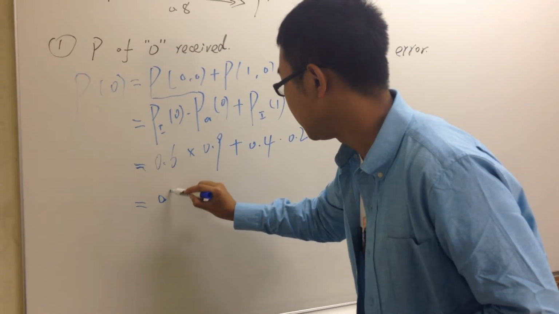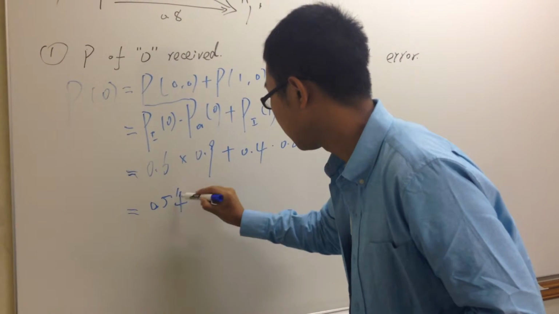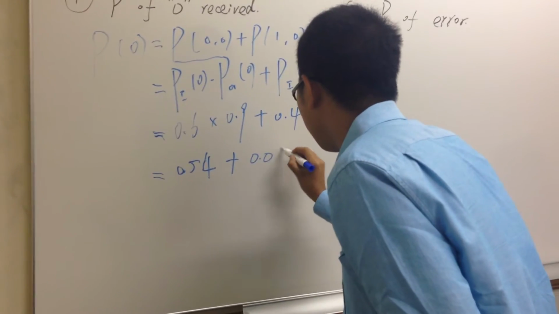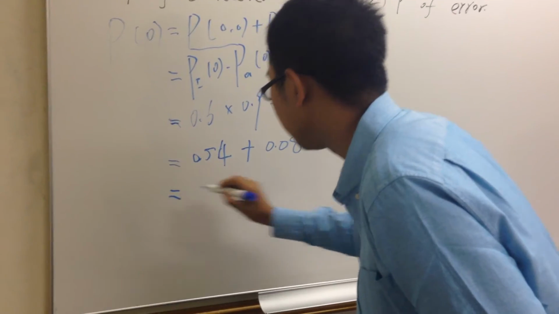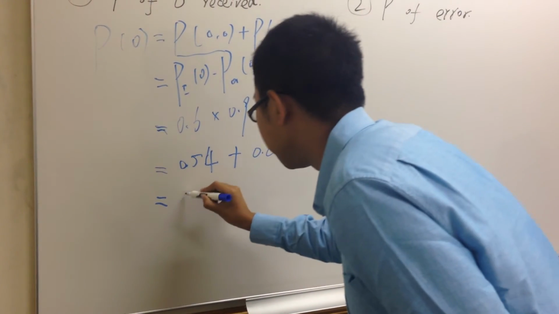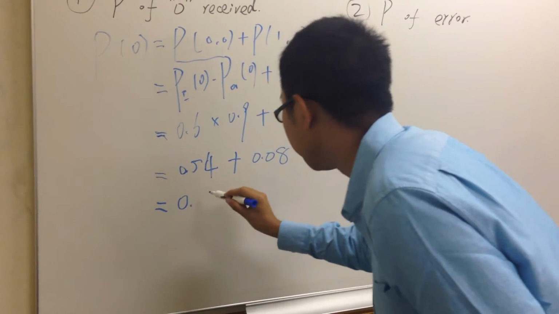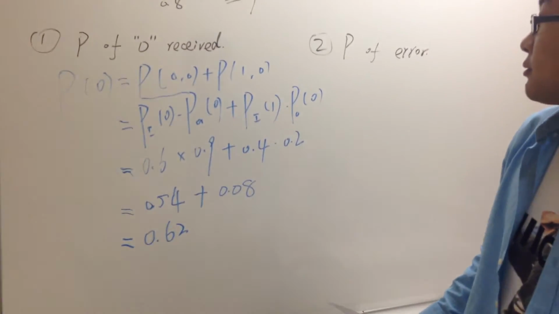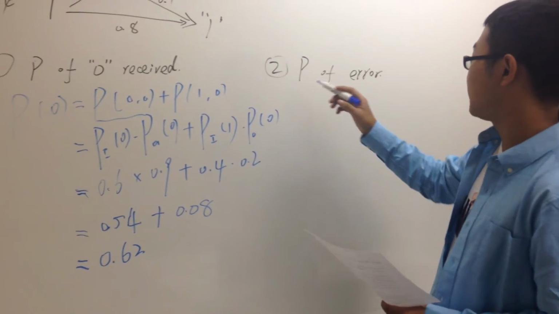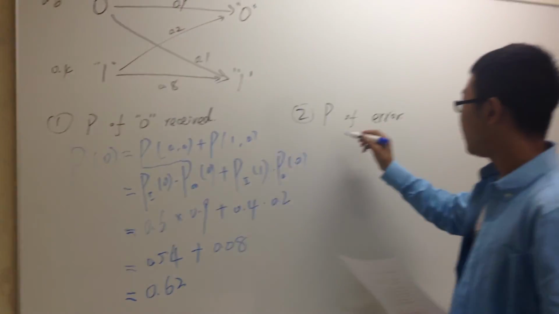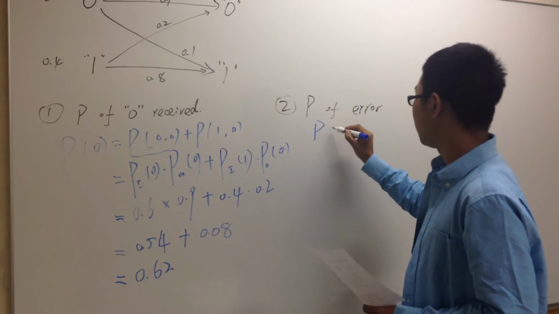So now we get this, and this is the answer for the first question: 0.62. Okay, this is the first question. In the second question, we want to know the probability of the error signal. So we have probability of error